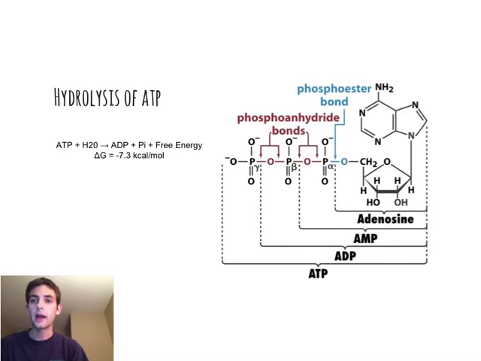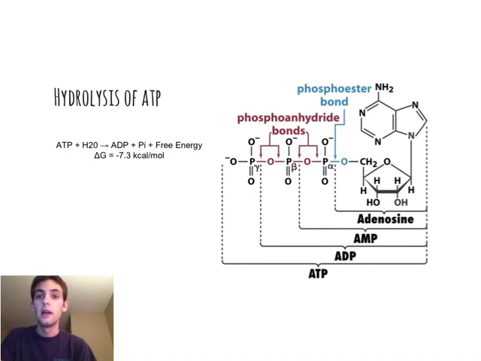And these phosphoanhydride bonds are really important bonds in ATP because this is where all of the energy comes from. Whenever energy is put into the cell, so this is going to be an endergonic reaction, to break that ATP apart into ADP, or sometimes all the way to AMP, each bond is going to release 7.3 kilocalories per mole